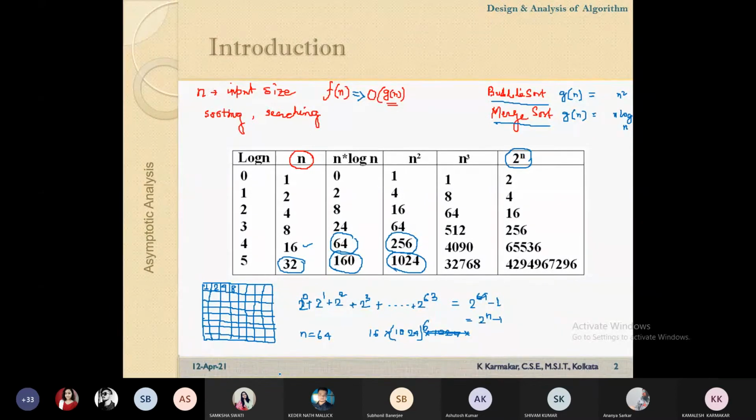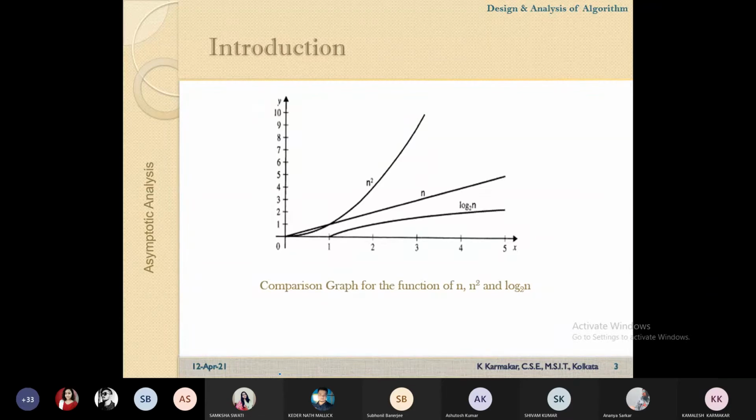But at this moment, we want to understand what the growth of a function is. So this is a sample which is given, and in this way it will change. Now I'm coming to the next part. This is just a graph. In this graph, we want to understand how the complexity changes when the value of n is changing.